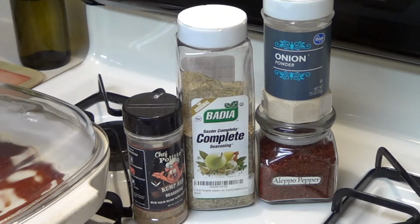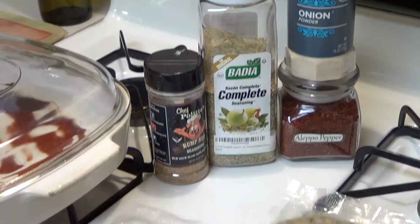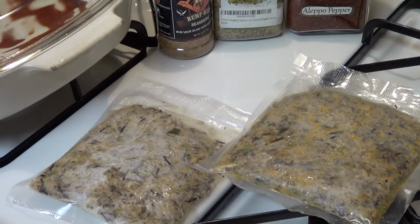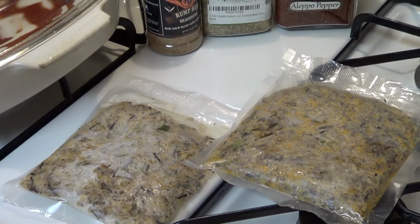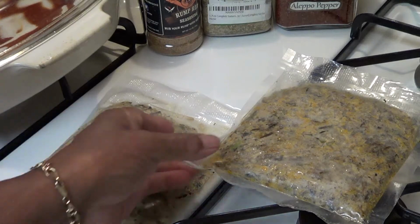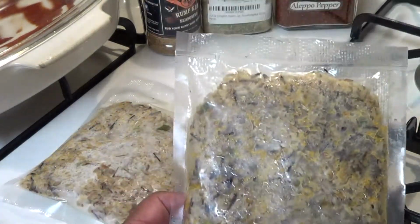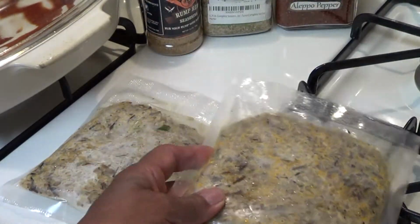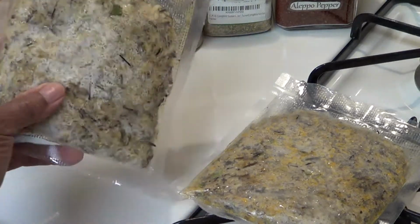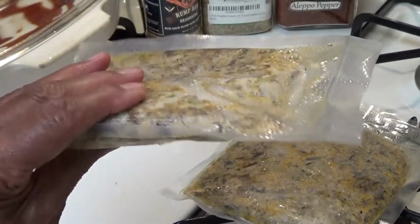Thursday, everybody, and today I'm going to be making some pork chops, and I'm going to season them with this seasoning right here. And I have 2 cups of my brown wild rice stuffing that I made some time ago, and I made so much of it like I always do, so I packaged them in 1 cup size and vacuum sealed them in bags and put them in Ziploc bags. So when I got ready for stuffed brown rice, I just grabbed me one out the Ziploc bag and I'm